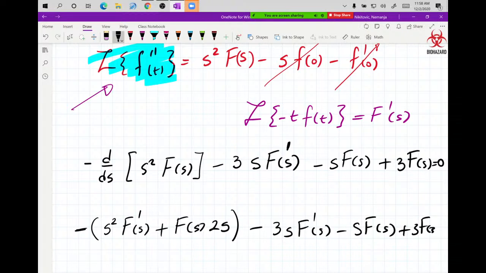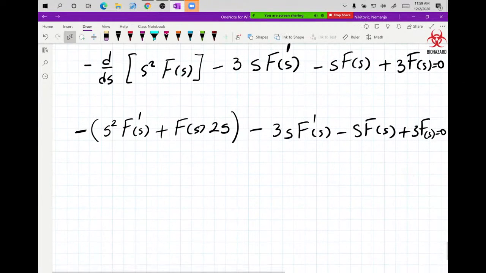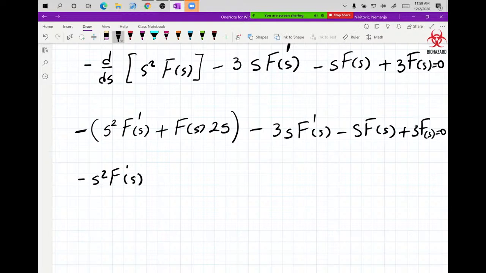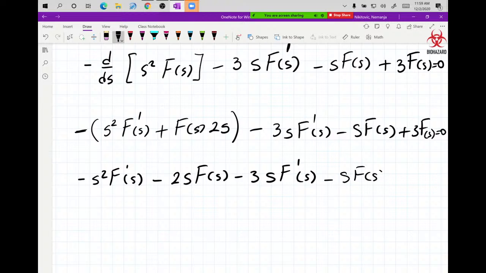None of these are like terms because one has s, one has constant, one is derivative, so they're all different terms. So now I have negative s squared f prime of s minus 2s f of s minus 3s f prime of s minus s f of s plus 3 f of s